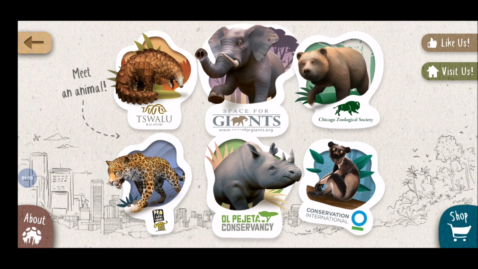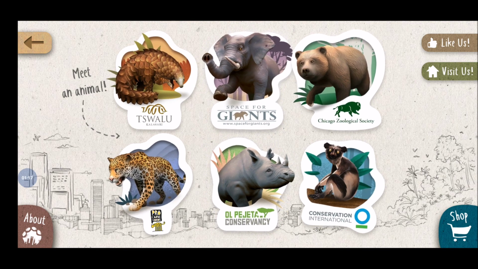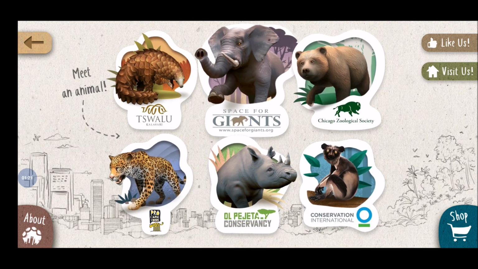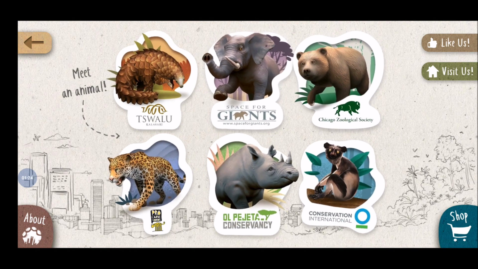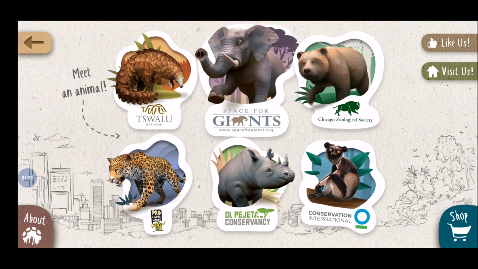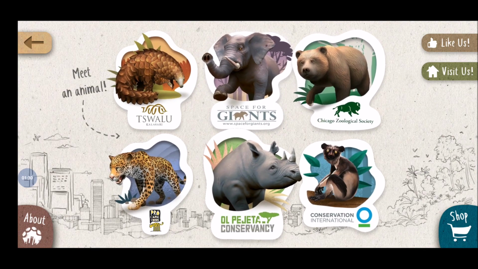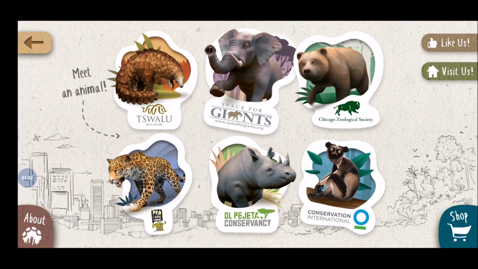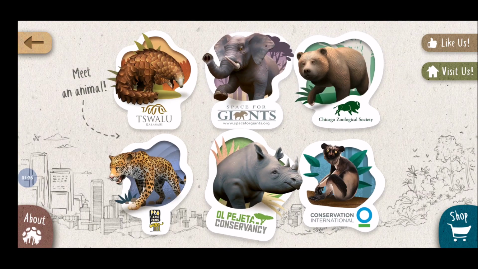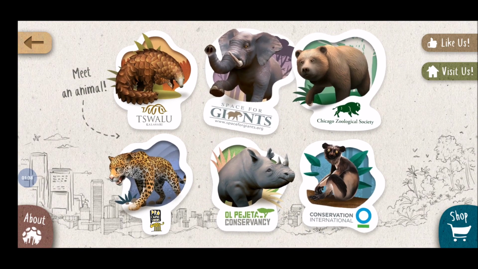Wow, super! Lot of animated items are here. So we have to open each application. Before that, I would like to say some guidelines. Actually, this application is paid one, but we can use free of cost with some options.